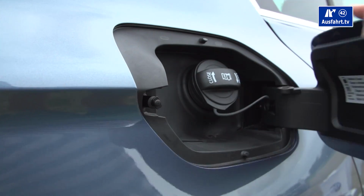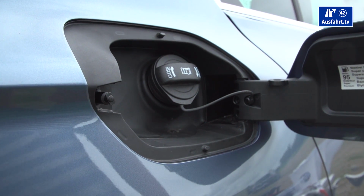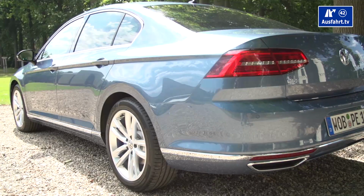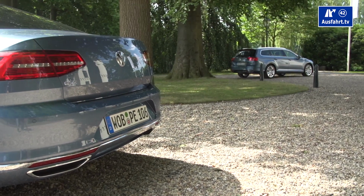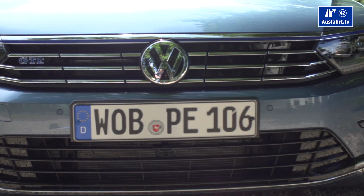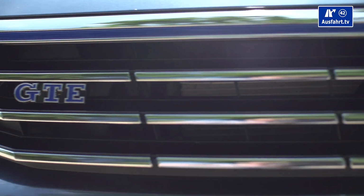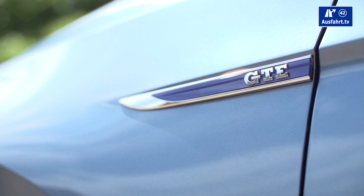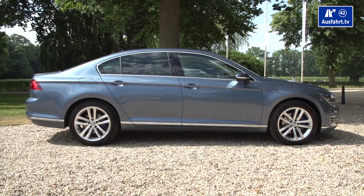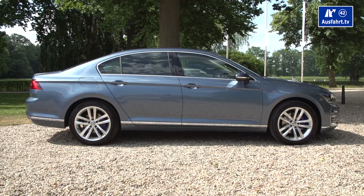The gas tank of the 2015 Volkswagen Passat GTE is good for 50 liters, equals 13.2 gallons. The battery should have enough energy for 50 kilometers or 31 miles. With both systems, Volkswagen claims that you can reach over 1070 kilometers or 665 miles. The Passat GTE has a length of 4.77 meters, equals 188 inches, with a wheelbase of 2.79 meters,